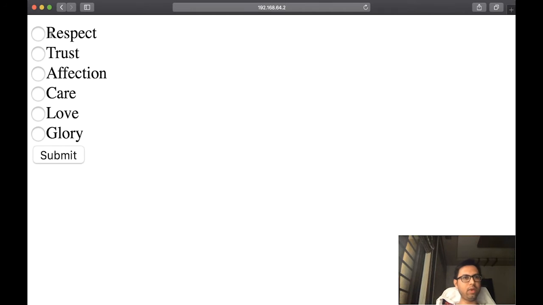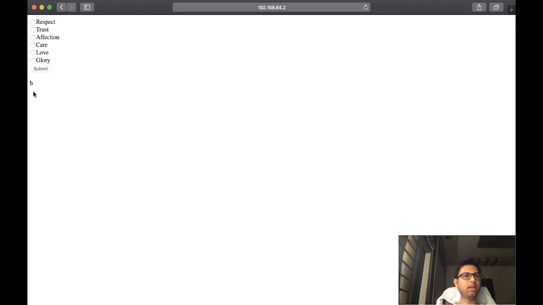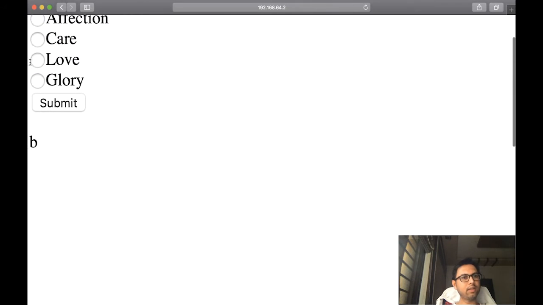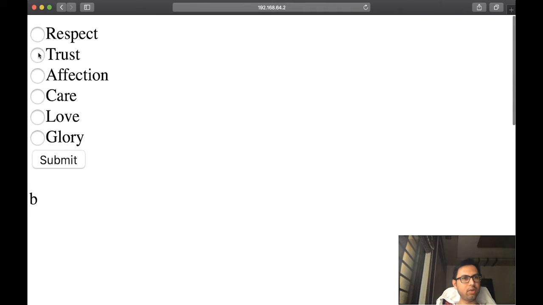I have listed some feeling names here, like trust, respect, affection, care. If I select trust and click submit, it shows me that I had selected the B option. You can see here that it is B.